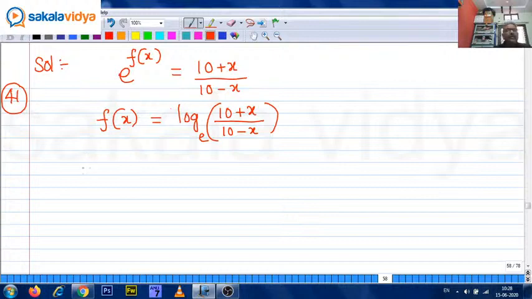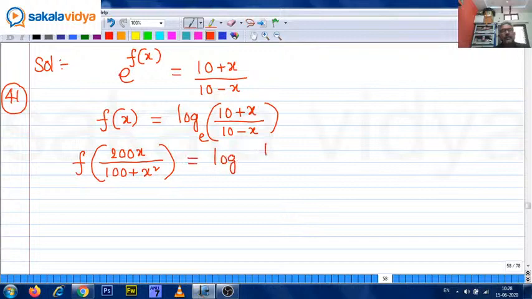Right. Now let us find f of 200x upon 100 plus x square, which is log of 10 plus, in the place of x write 200x by 100 plus x square,